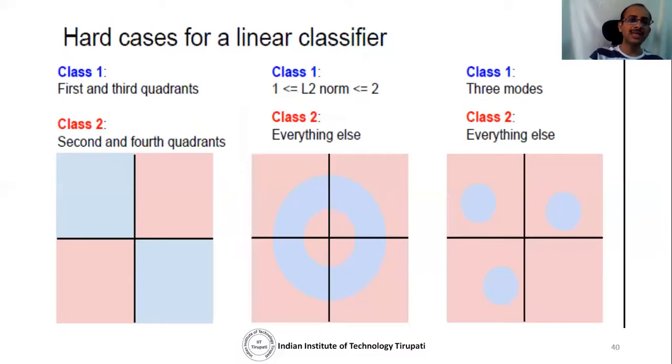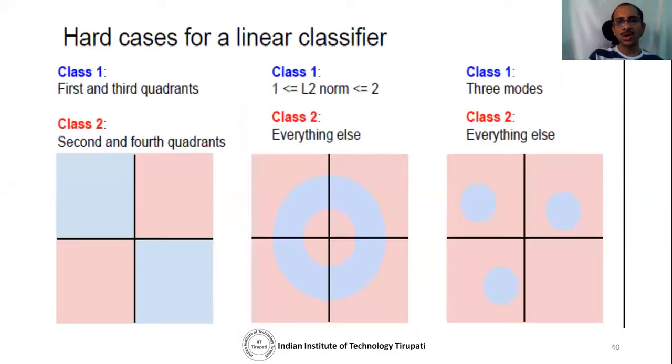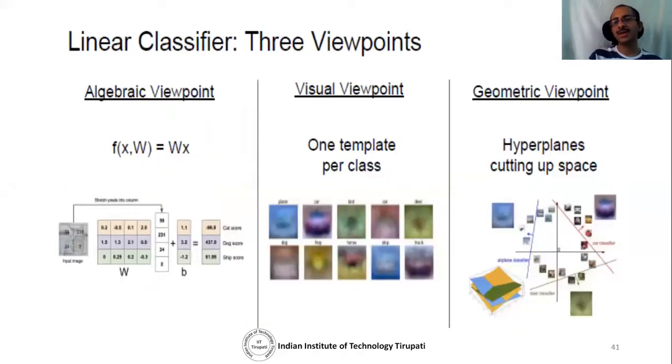Fine. There may be several challenges to the classifiers, especially linear classifiers. When do you think a linear classifier fails? A quick answer is welcome. When data points are not linearly separable. That's all. So these are the different scenarios where they are not linearly separable.